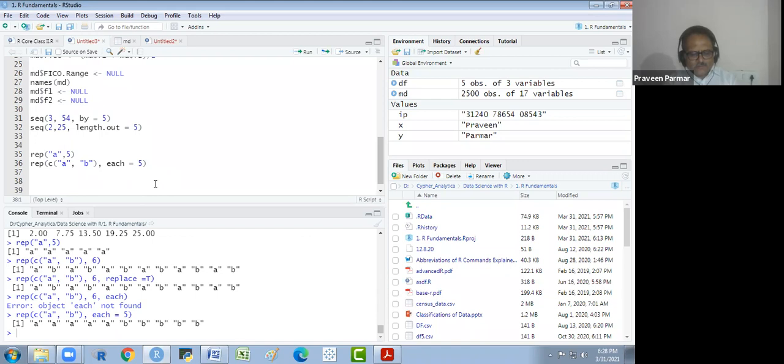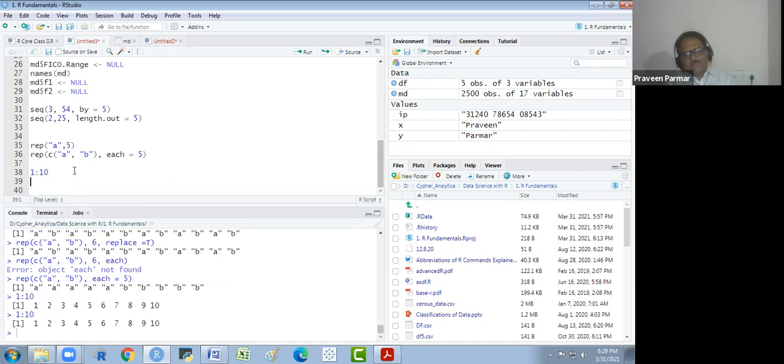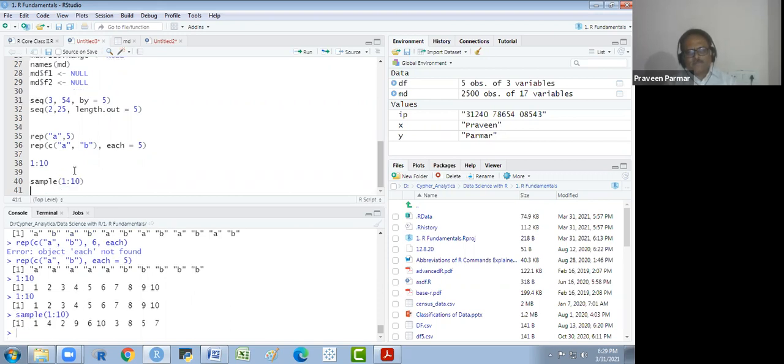After repetition, there is one function. I would like to explain that function. Suppose if I write this and I enter it, I'm getting 1 to 10 in a particular sequence. You see also here. But if I write a sample and 1 to 10, you see. Next time if I again run,